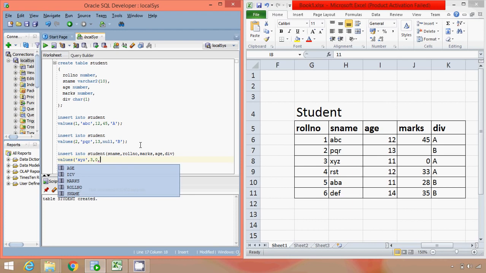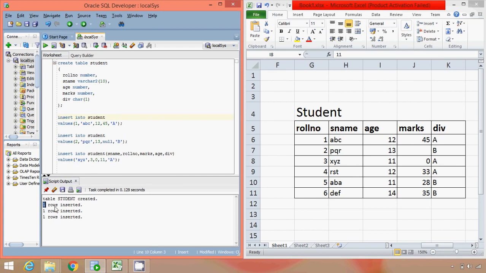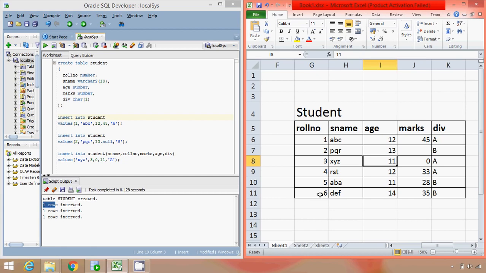Then we have age, that is 11, and then division. So let's execute these commands. Okay, so each individual query inserts one record. Similarly, you can also insert the remaining records into the table.